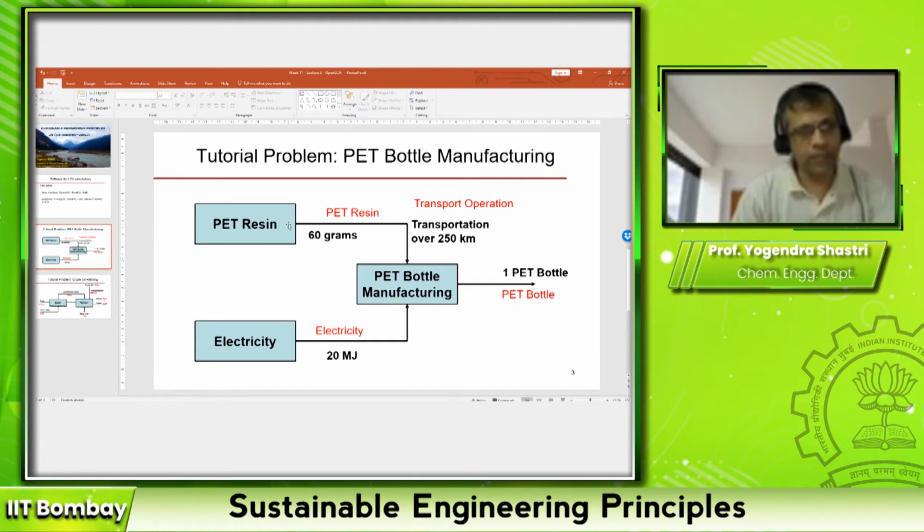So that automatically means that it should be part of the database, and it is in this case. So that is again something that we don't have to define. It's already there in the database. What we have to define is our own unique manufacturing process, the bottle manufacturing process. So this is a process that we have to create on our own and then connect it to the rest of the processes.